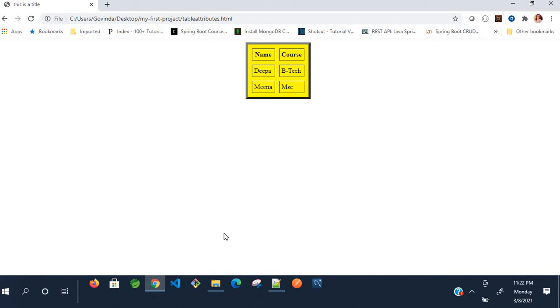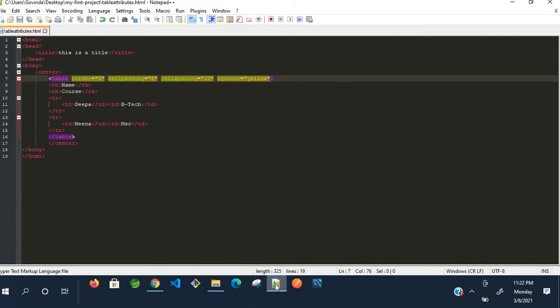Like this, we can add formatting to a table. This is not formatting for the content, this is formatting for the table. We have given a broad border, we have given the space between the cells, and we have given the space between the content and the cell. We can see the space between all the things here. Like this, to give colspan and rowspan: to add two rows we use rowspan, to add two columns we use colspan. We'll see that in the next session. Thanks for watching.